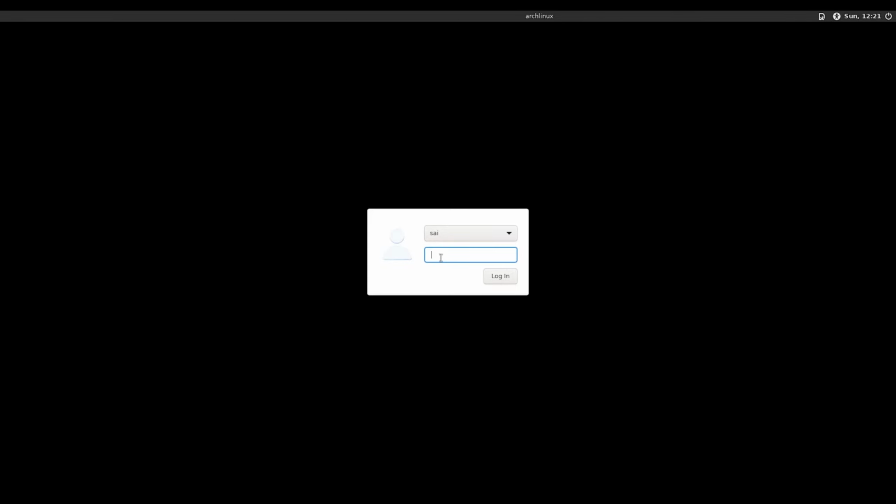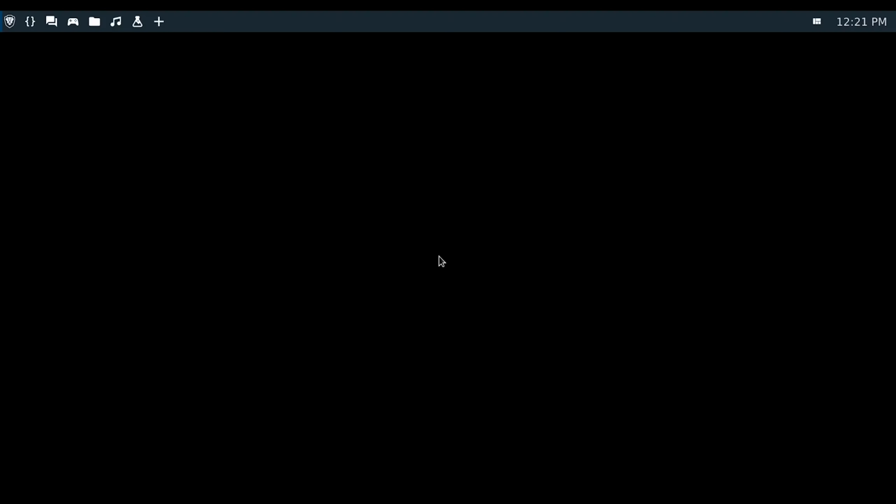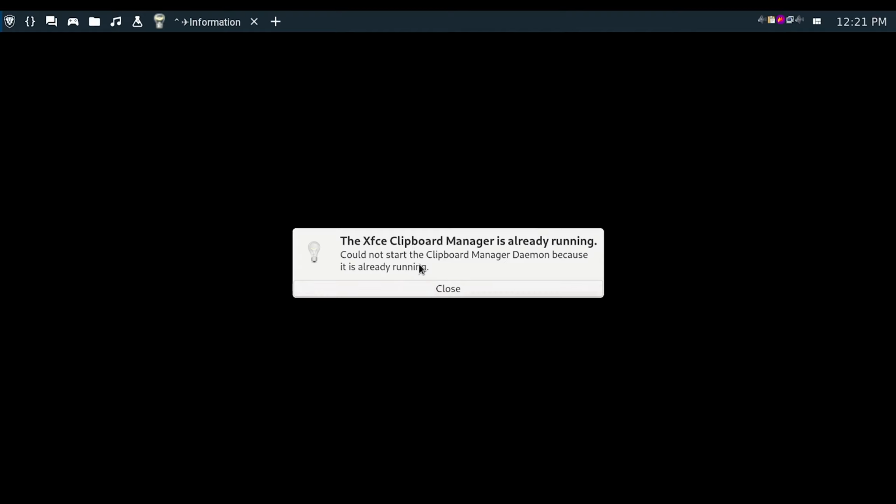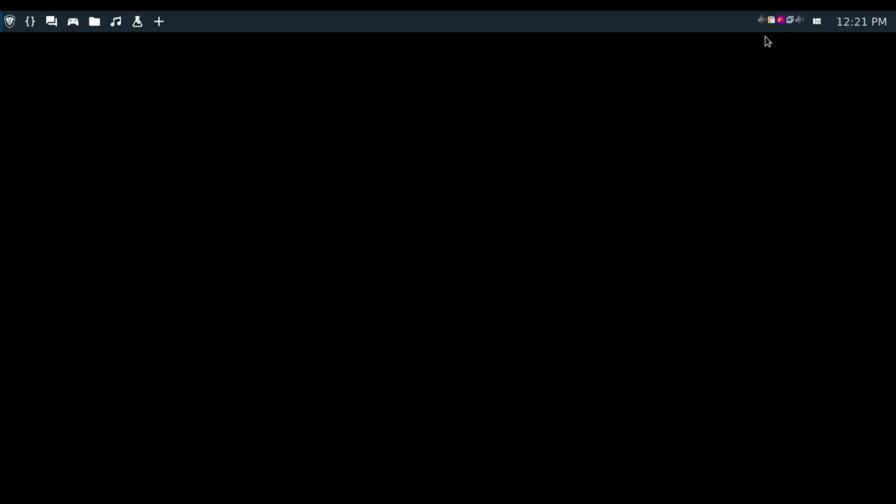If you have a different login manager, it may look different. The clipboard manager is already running. Now you can see we cloned it. This is workspace 1, Windows plus 2 goes to workspace 2, Windows plus 3 to workspace 3. Similarly, 7 workspaces are there.